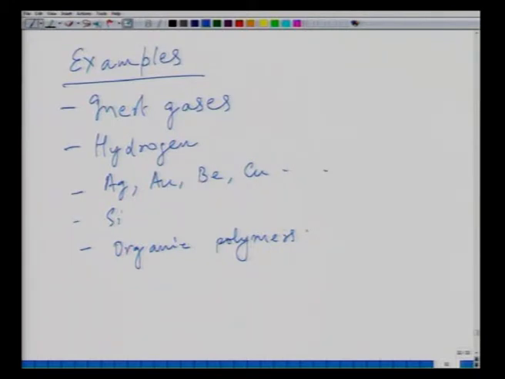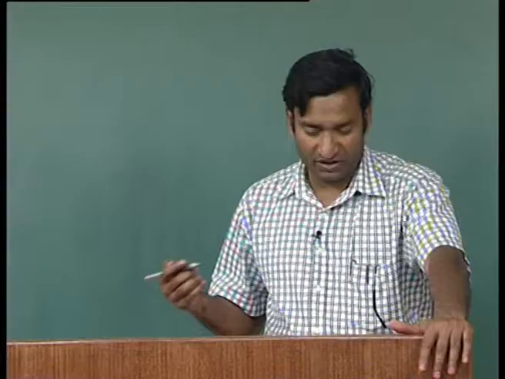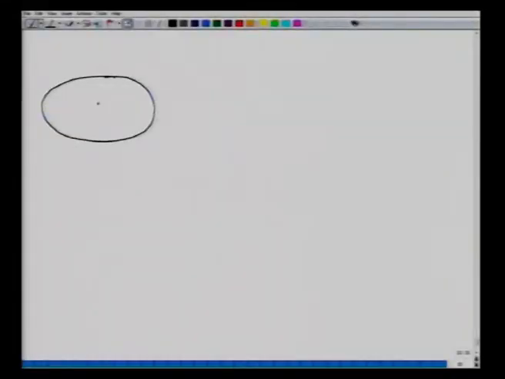Now, this is the qualitative picture. What is the quantitative picture? For the quantitative picture, you want to assume an orbit of radius r. This is the orbit of radius r, and this is the center of the orbit, which coincides with the center of the atom. You have an electron somewhere here. So what you do is turn on the magnetic field H or B in the vicinity of this atom.